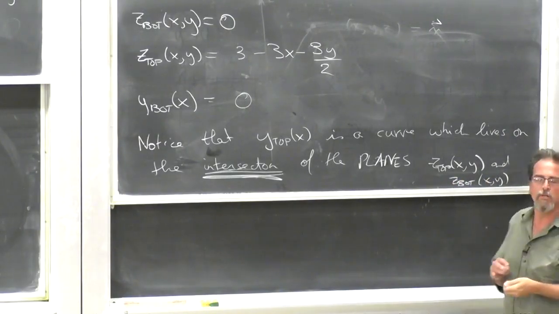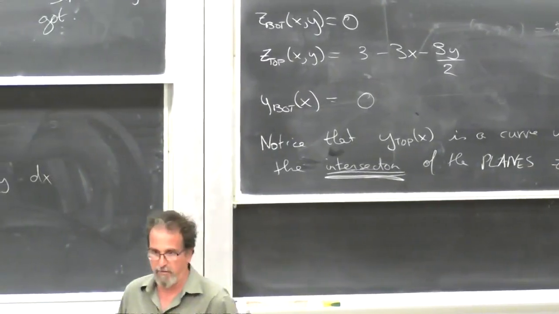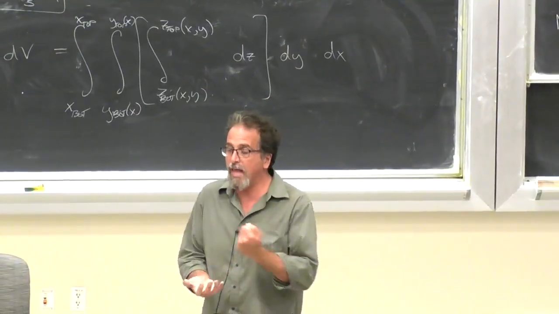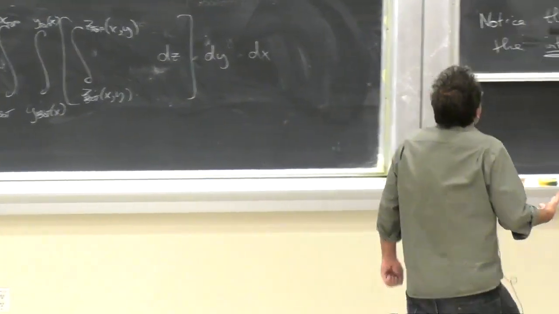This is an important conceptual thing that turns into an algebraic thing. So this is the concept that gives you the algebra that allows you to solve these problems over and over again. So the intersection